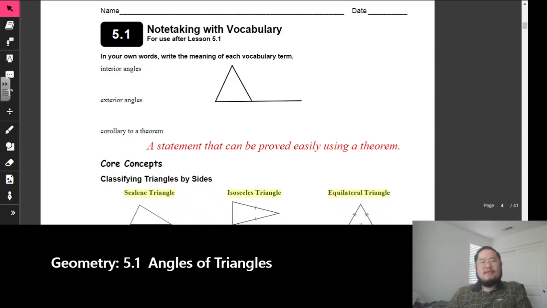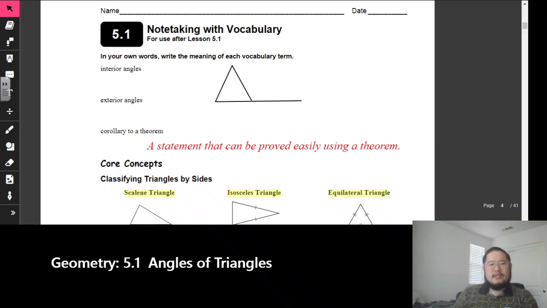Alright, we're going to start chapter 5, and chapter 5 is all about triangles. And you're going to learn about the ins and outs of the triangles, probably more than you ever wanted to know. And part of it is that in order to do your favorite part, which happens to be proofs, once again, we have a lot of theorems. We've got some postulates that are going to help you be able to prove whether triangles are right, obtuse, acute, etc. Throughout this chapter. So let's go ahead and start our notes right here and start off by taking a